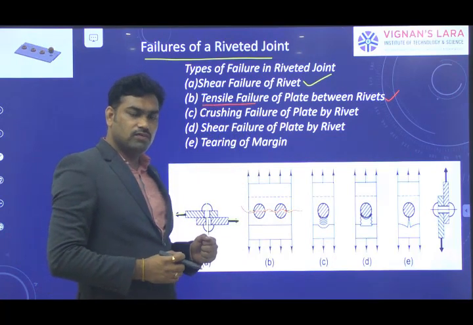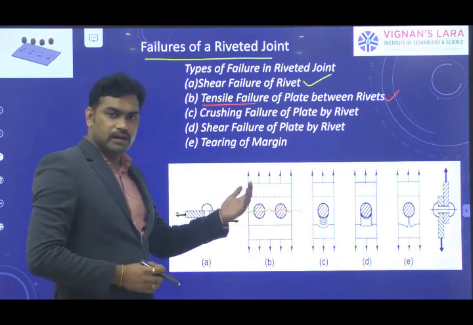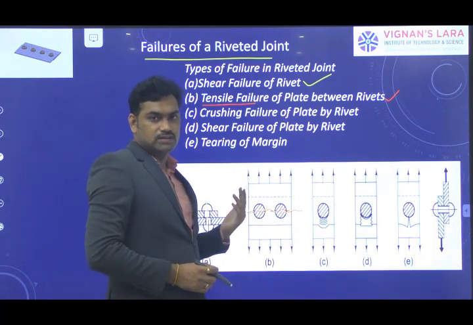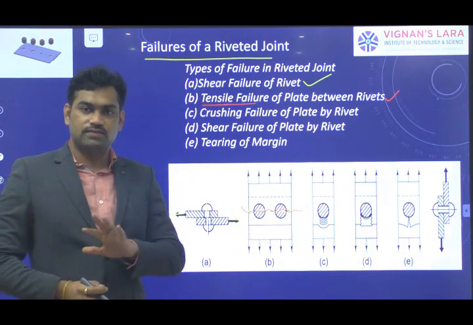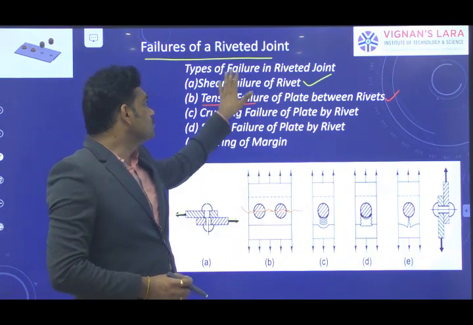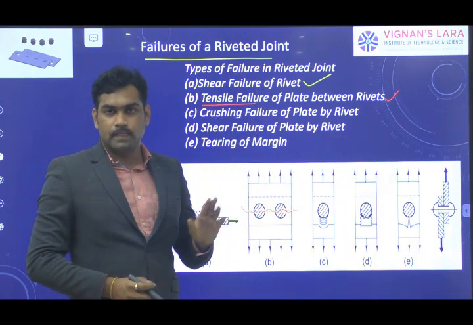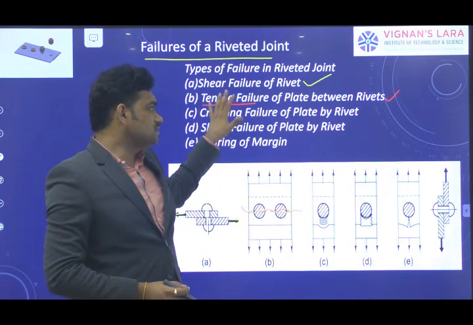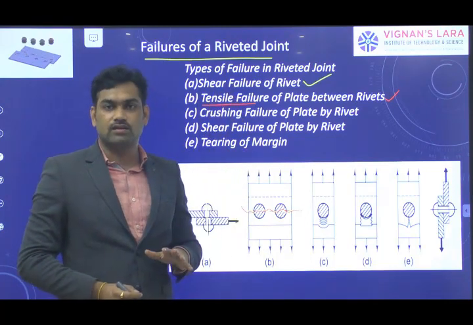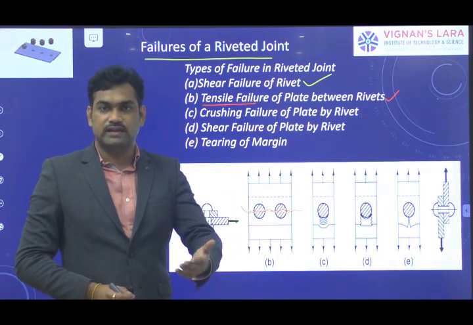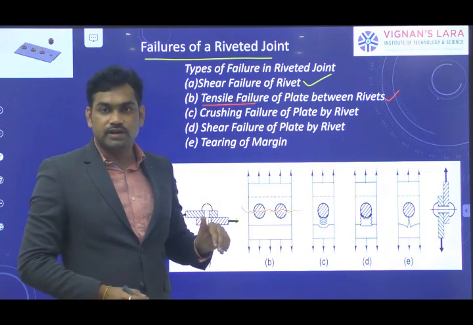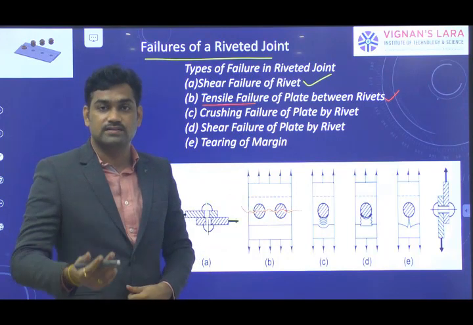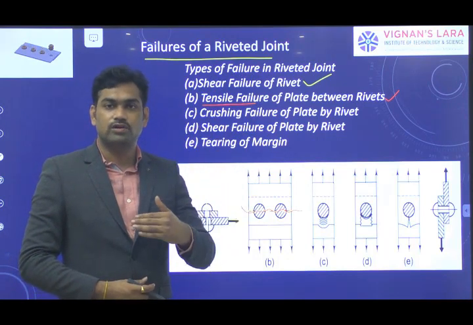Clear? And by the application of load, if it is completely eliminated, the tensile failure is going to be eliminated. So both the plate as well as the rivets must withstand shear failure and tensile failure. We stated that it is subjected to the shear failure of rivets. If you provide enough strength, the shear failure can be completely eliminated. And the next possibility is tearing of plates, that is a tensile failure of plates across the row. If you provide enough tensile strength to the plates, this failure can be eliminated. If both the rivets as well as the plates have enough shear and enough tensile strength, these first 2 possible failures are going to be eliminated.